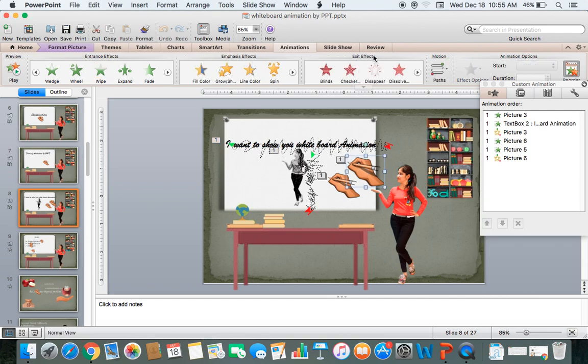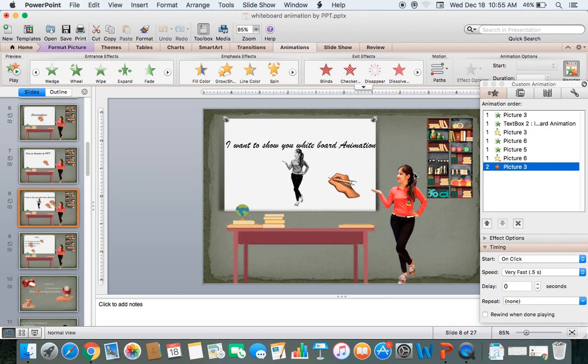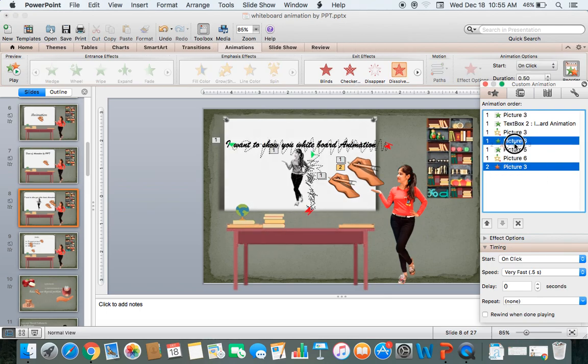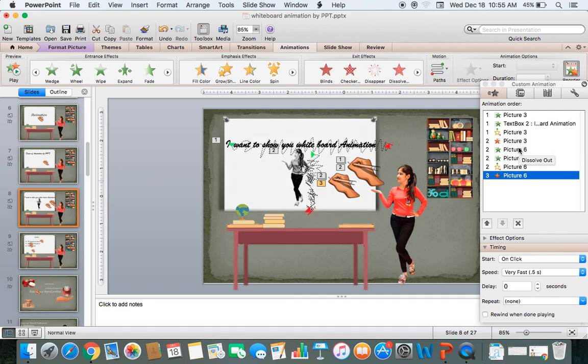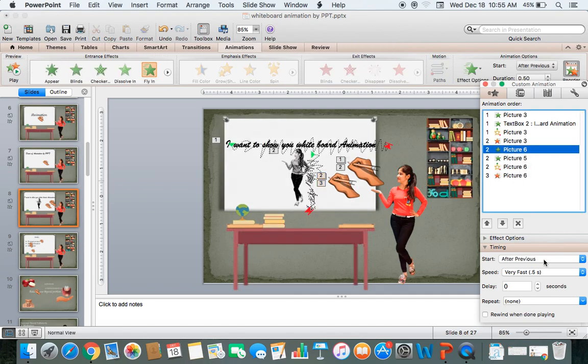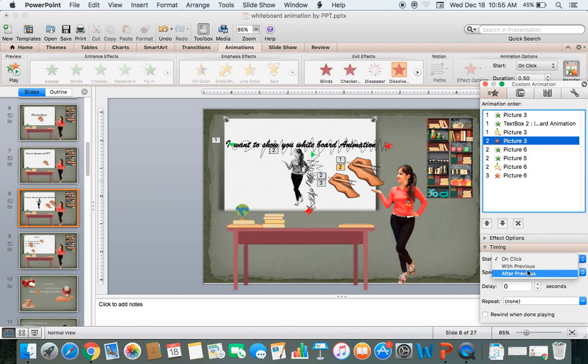So first I'll make it disappear or dissolve and put it before this, and this also dissolve. Okay, dissolve. After this dissolve, on click you will be dissolving. After this,